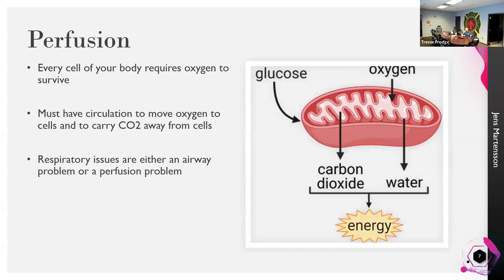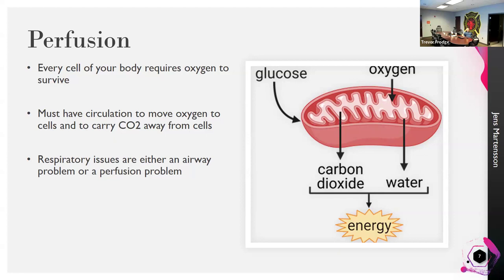If you do make energy, you are perfusing. So every single cell of your body requires oxygen to survive. Note, no ifs, ands, or buts, it's physics. You have to have circulation in order to move your oxygen cells and to carry CO2 away. So without good circulation, without good perfusion or a good intact circulatory system, you can't deliver oxygen, you can't take